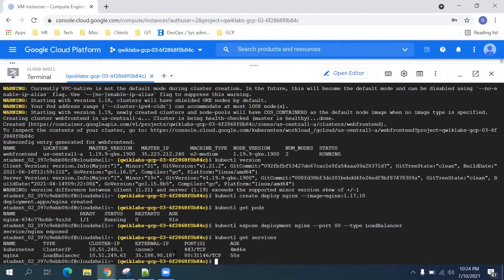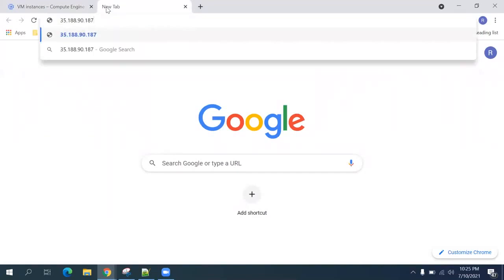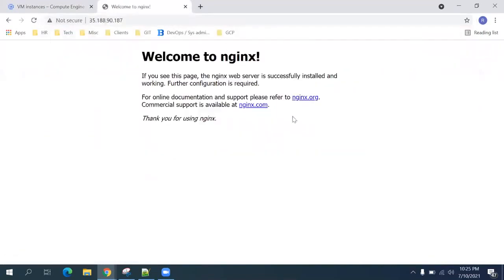Okay, so this is the external IP, and we will use this to test and contact the Nginx container. Now for some of you, this external IP might be available after some time. In that case, don't worry, just rerun the kubectl get services command after every few seconds until the external IP field gets populated. Now for our test, we have copied this external IP. We will open a new web browser and paste the IP address. And this is giving us the homepage of Nginx.